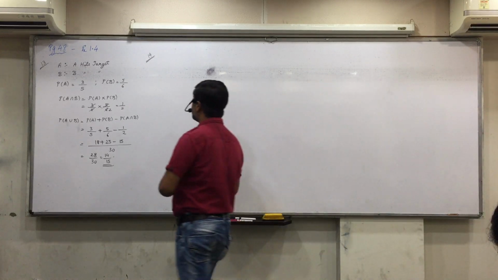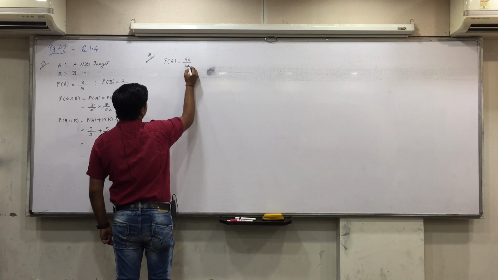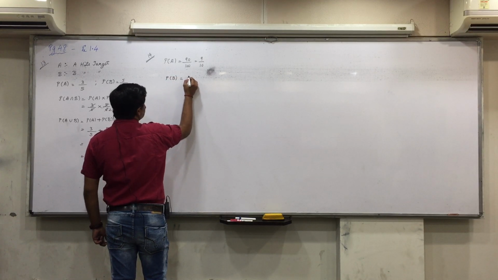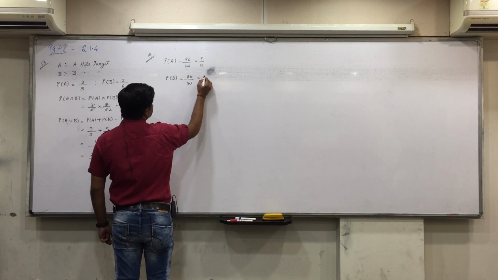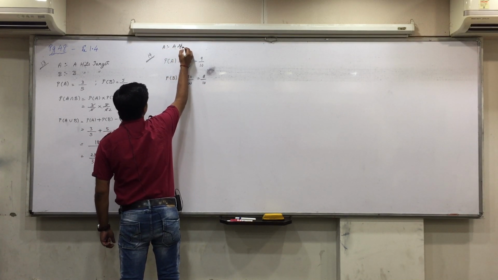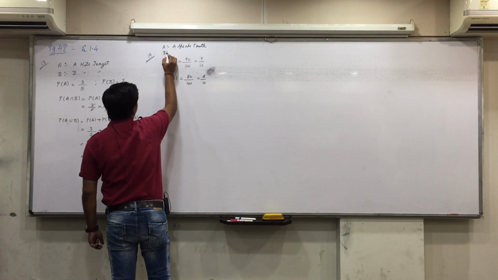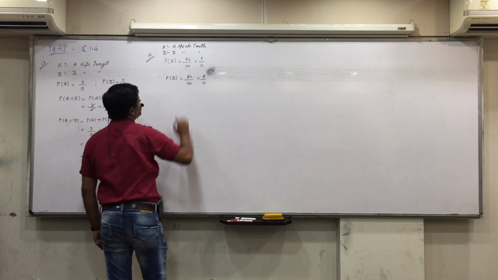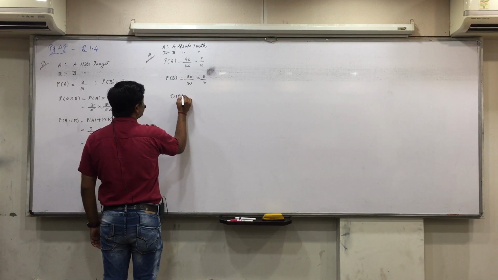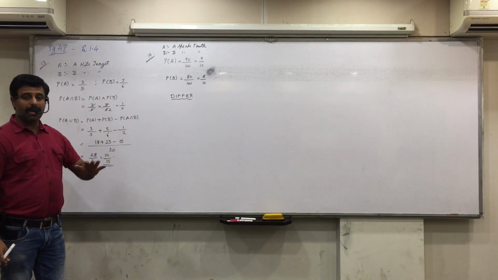Now put your pens down, be ready. You are given that P(A) is 90 by 100, which is 9 by 10. P(B) is 80 by 100, which is 8 by 10. Where we'll say A is the event that A speaks truth and B is the event that B speaks truth. But the question asked is, find the probability that both of them differ in stating the same statement. So what is the probability that both of them differ?